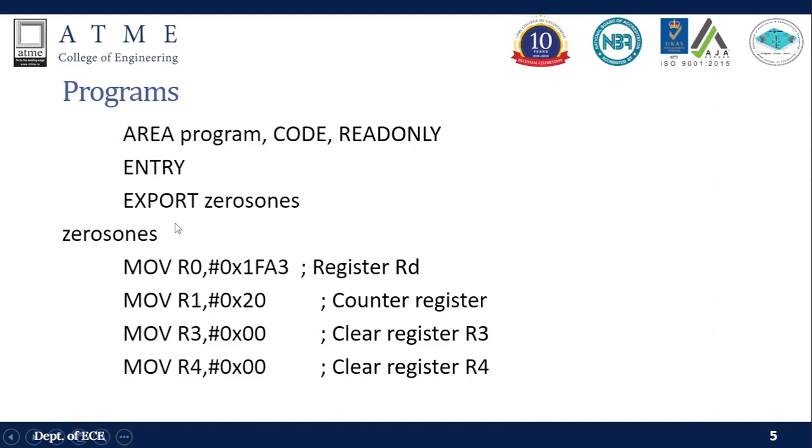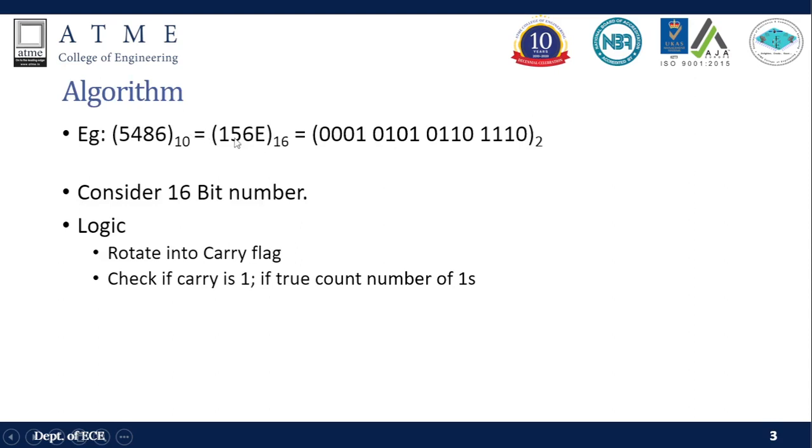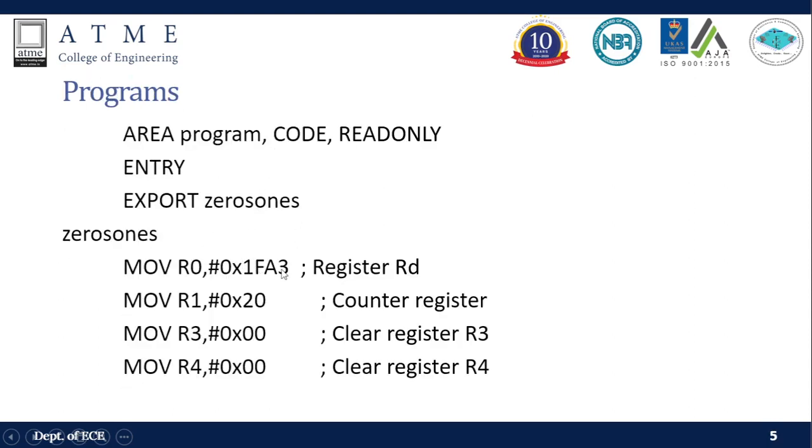And now, before we can continue, we are going to use four different registers in this case. So we have to load these four registers with the values that we need. The first register we are going to use is R0, and R0 is the register where we are storing the data value that we want to check in the program. In this case, I took an example of 156E. You can put 156E here, or you can put a number of your choice. Right now I have loaded the number 1, F, A and 3. So why don't you check what is the number of ones and zeros in this number by writing it on your own. Okay, moving forward,